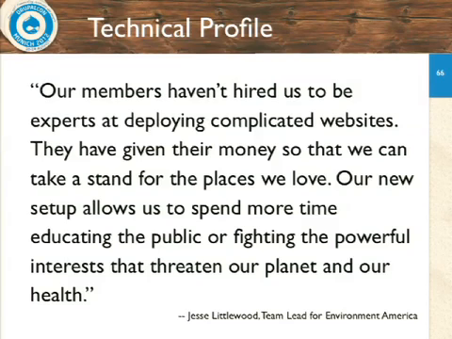As you point out, this is Jesse Littlewood again. They're not in the business of spending donation money building websites. They want to concentrate on the issues and not have to worry about HTML or the design integrity of things if someone uploads the wrong size photo. So we handle all that for them. And we wrap it up into a package that is all hosted in one site, one Drupal installation, one database. I'll point out, for those of you who care, it is Acquia hosted. They have a slightly special arrangement with Acquia because of the nature of the way they're doing things.